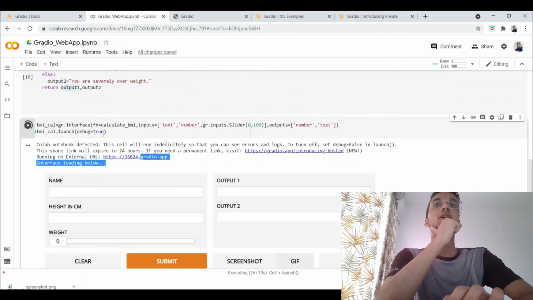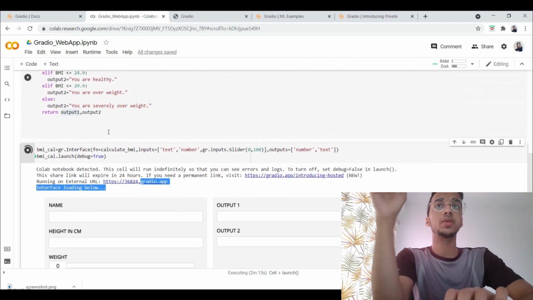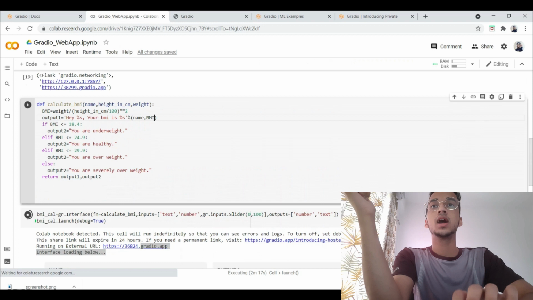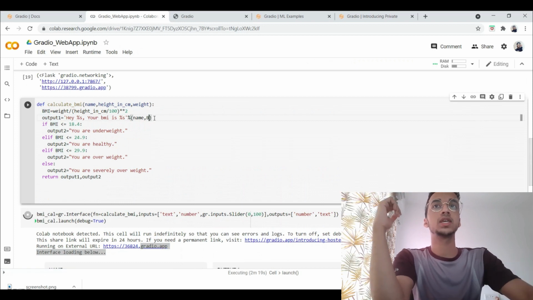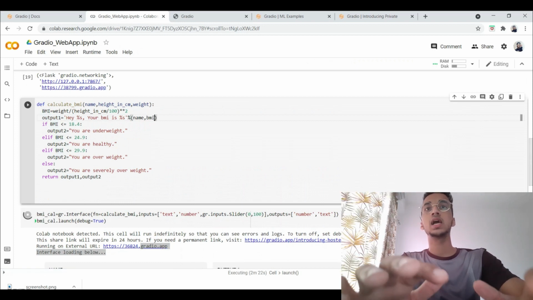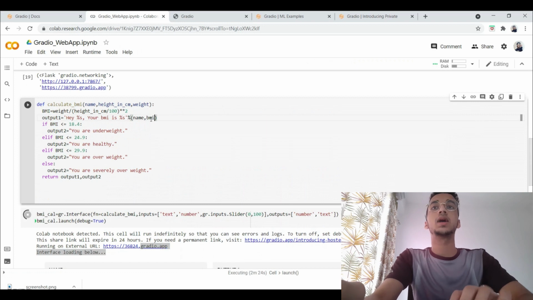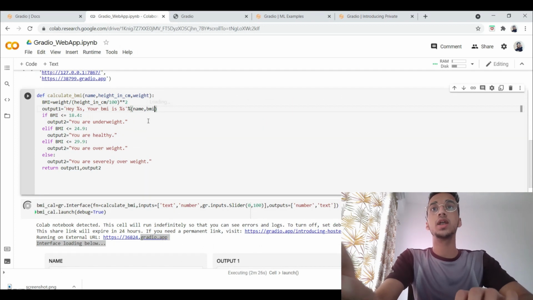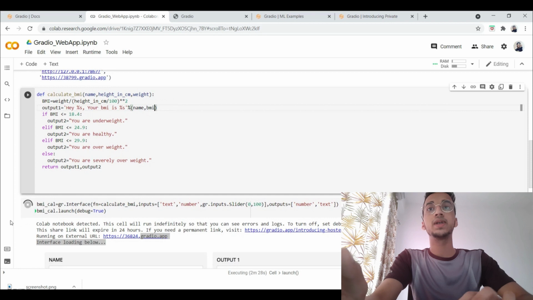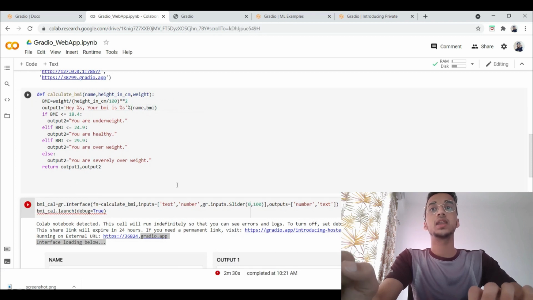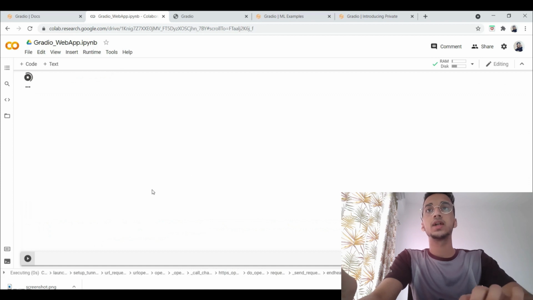The reason I put debug equal to true is because if there's any problem, it will show up over here. So let's say I deliberately make some mistake. Instead of the BMI variable, I'm replacing it with bmi in small letters, because that's not been defined yet. So there should be an error in the program when I'm running it. Let's run this again.